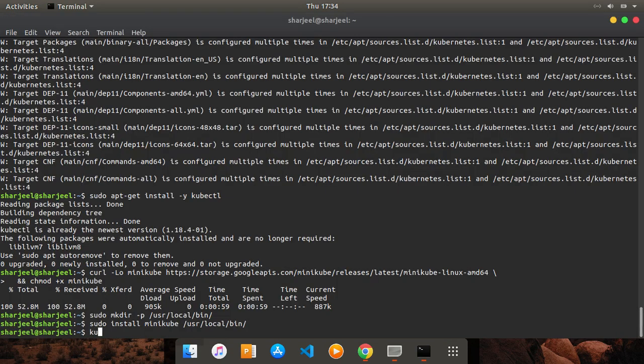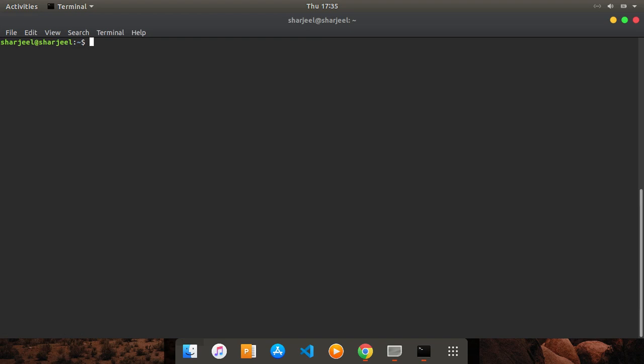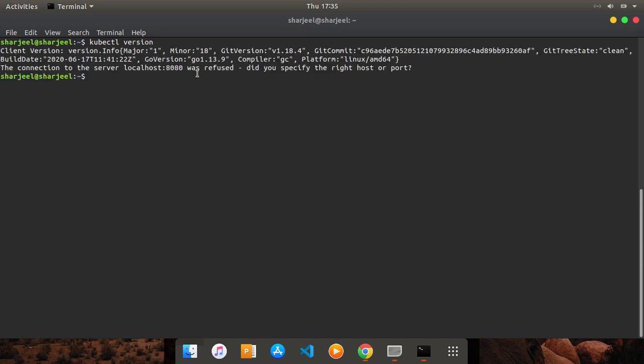Suppose I want to check my kubectl version. First of all, I need to clear my terminal, and now I'm checking whether the software or packages are installed or not. So I'm copying kubectl version, just simple version. Alright, press enter. So now I have this kubectl version here. Now I'm going to check my Minikube version, and it will show me the version of my Minikube. Oh, we are good to go.